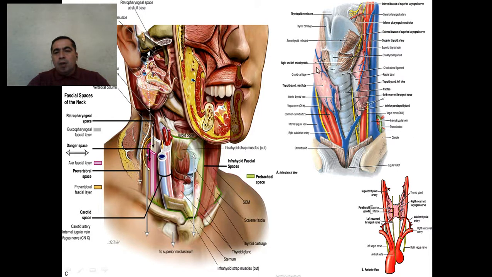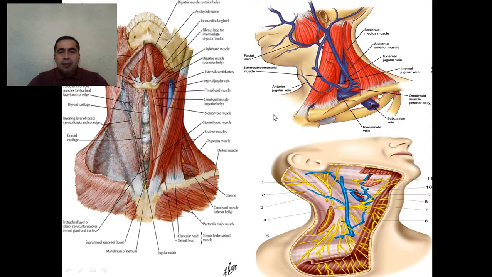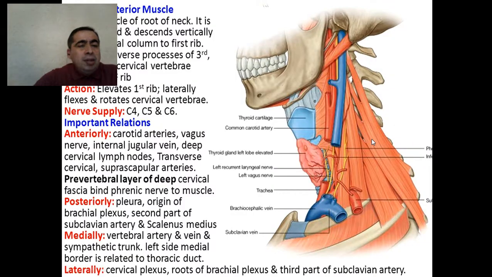And the thyroid gland with the section at the middle point for good observation of the trachea. Again, the position of the fascia, which includes the infrahyoid muscles, I mean the proper fascia of the neck, and with the nervous structures of this region. About the scalenus muscles, scalenus anterior especially, it's the key muscle of the root of the neck. It's deeply placed and descends vertically from the vertebral column to the first